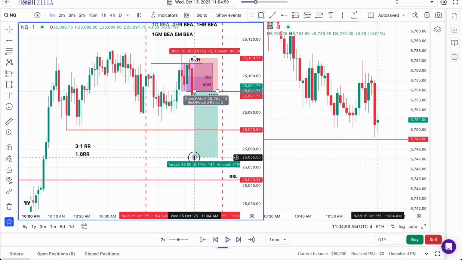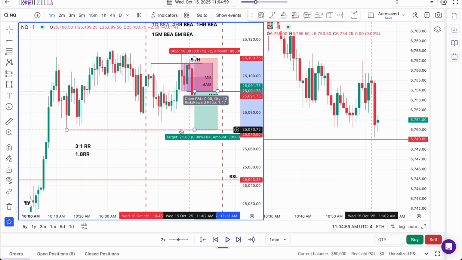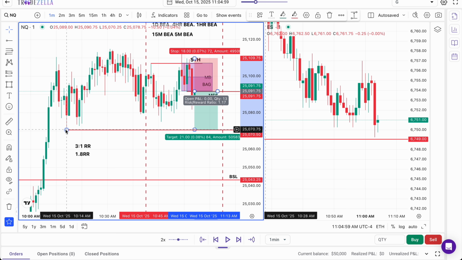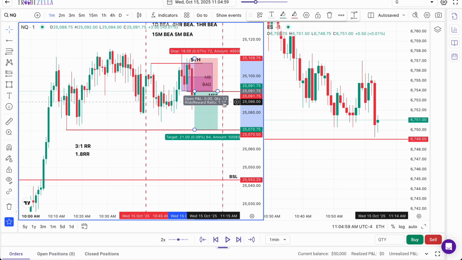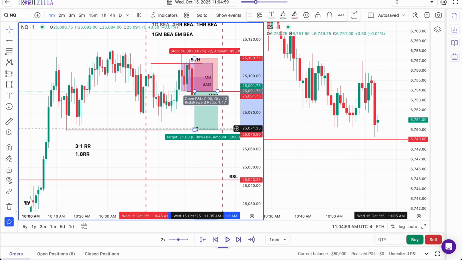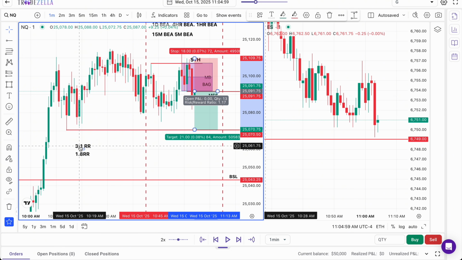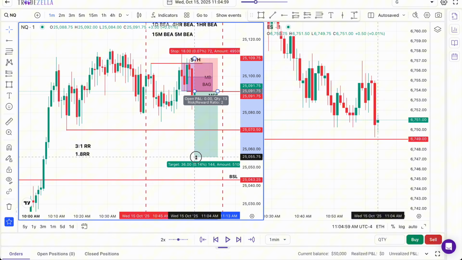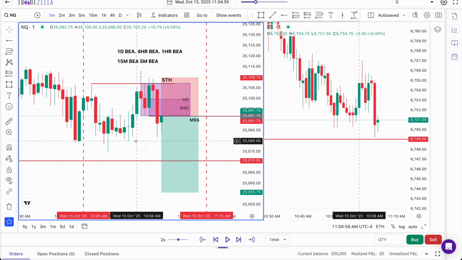So, for example, let's say in a different example this was London lows, which it isn't, and this is less than a 1.8 risk reward. If this was London lows and this was the overall draw for the trade, we would not take a trade which is less than a 1.8. However, if the first 1 minute low or high is over a 3-to-1, we just set it at a basic 2-to-1 risk reward.